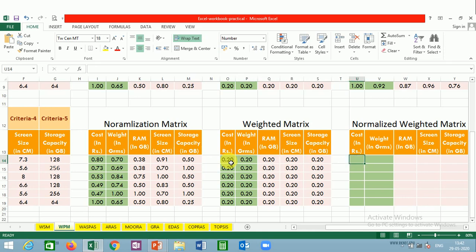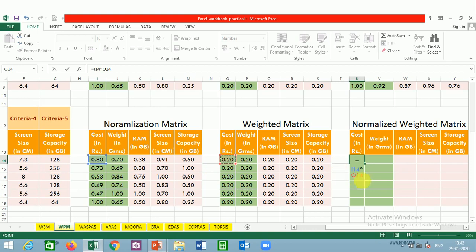So now the normalized weighted matrix. Until now, WPM and WSM are the same; there is no change in calculating the normalization matrix or anything else. The first change we can recognize here is that to get the normalized weighted matrix, the value is not multiplied; instead it is raised to the weight value.